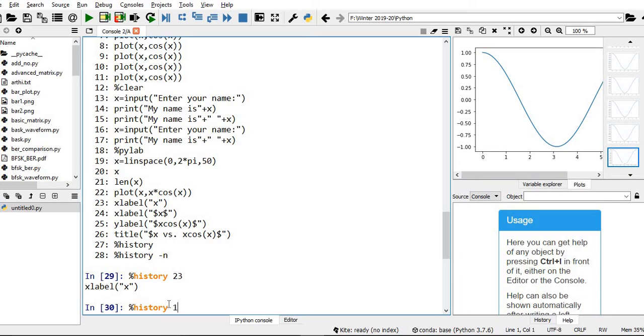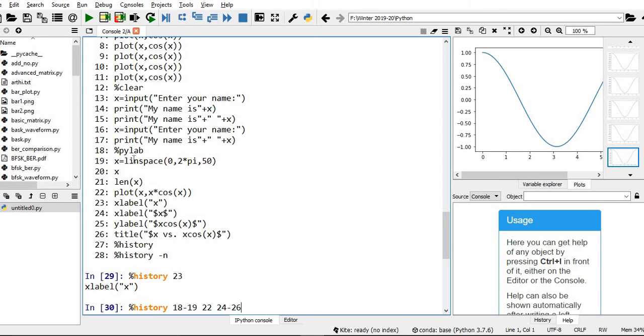Line number 18 to 19, then 20 I don't want, 21 I don't want, so 22 to 22, 23 I also don't want, just 22 plot, then 24 to 26. These are the lines I need.